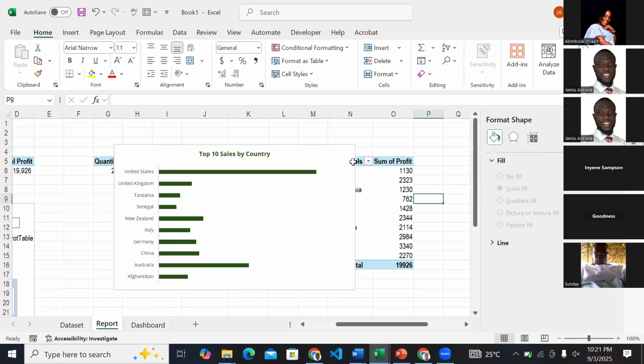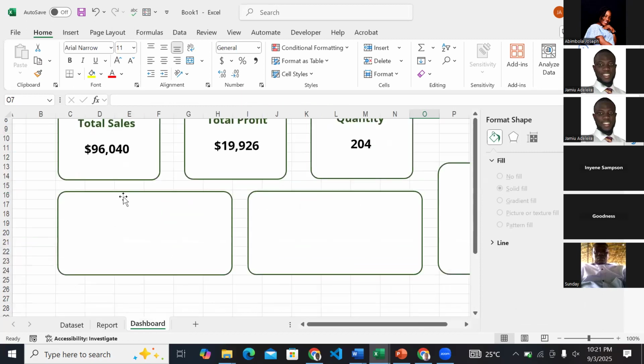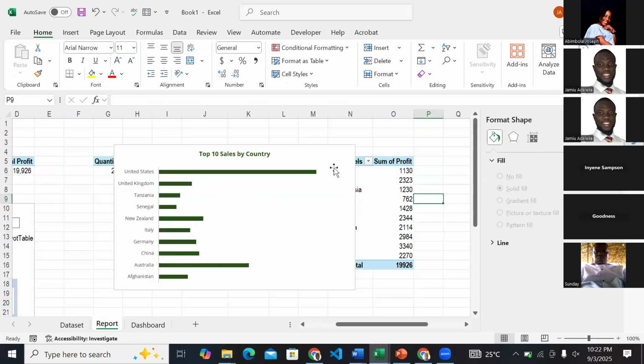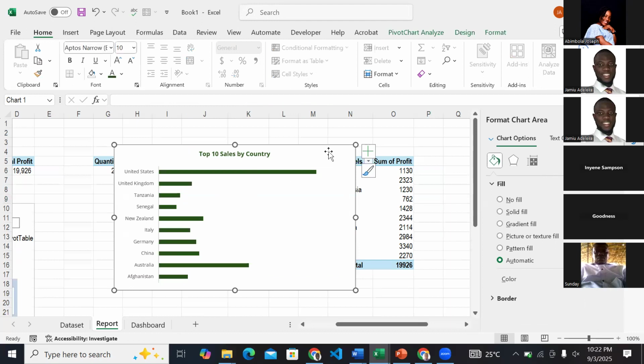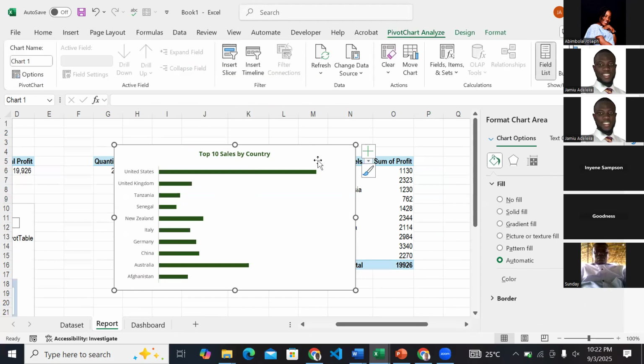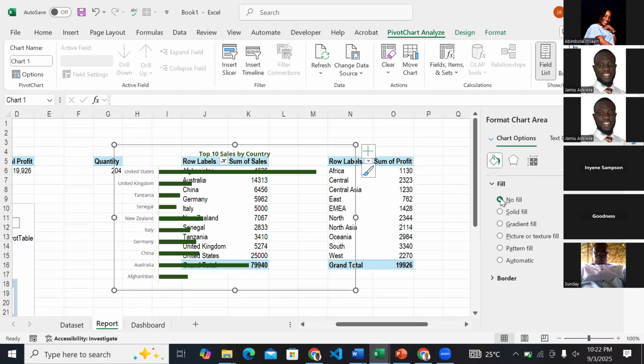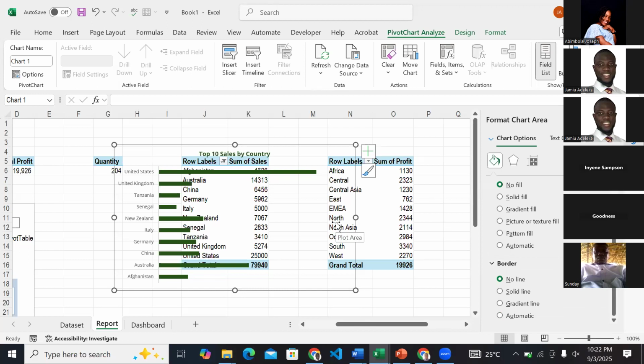Also, you will notice that this particular chart has a white background, and it also has an outline. Don't forget that in our dashboard, this is where I want to place that particular chart, on the wireframe. Since we already have this wireframe with a bright color and a green outline, we don't have to have an outline for this one. So I'll select this chart area first and say no fill. I will also come to border and say no line. You can see. So once you are done with it, you can now press Ctrl X